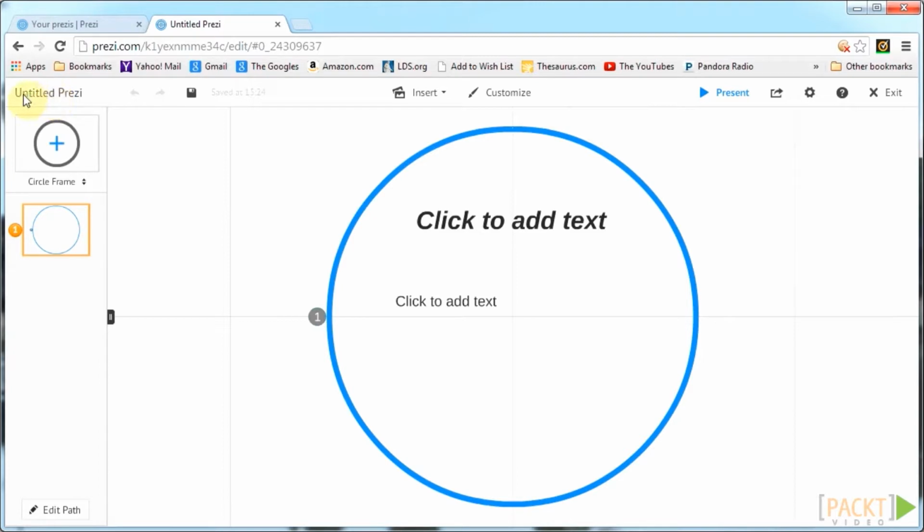In the upper left-hand corner, it will display the title of your Prezi. The three buttons off to the right of that allow you to undo and redo your last action, as well as manually save your Prezi. While Prezi does autosave your work at regular intervals, it is still highly recommended to manually save your work before